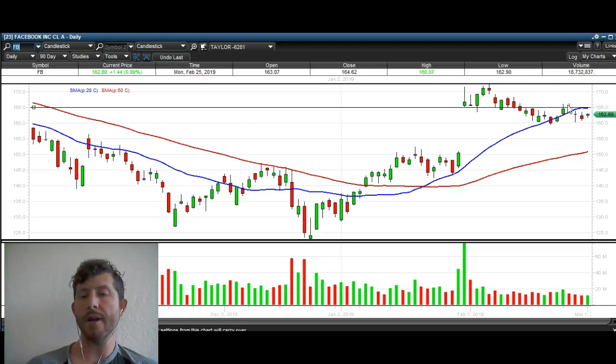We came back up to retest it, rejected. We tried to break over it here, tried to break over it here, and I'm pointing out all these instances because you can definitely tell that this is a very key level for Facebook. So we've got a lot of touches against that level. You know it's important. So it's a support level. Break that support, right now it's just a breakdown. Okay? But if we reclaim about 165, close above that level, that would make this a false breakdown setup and